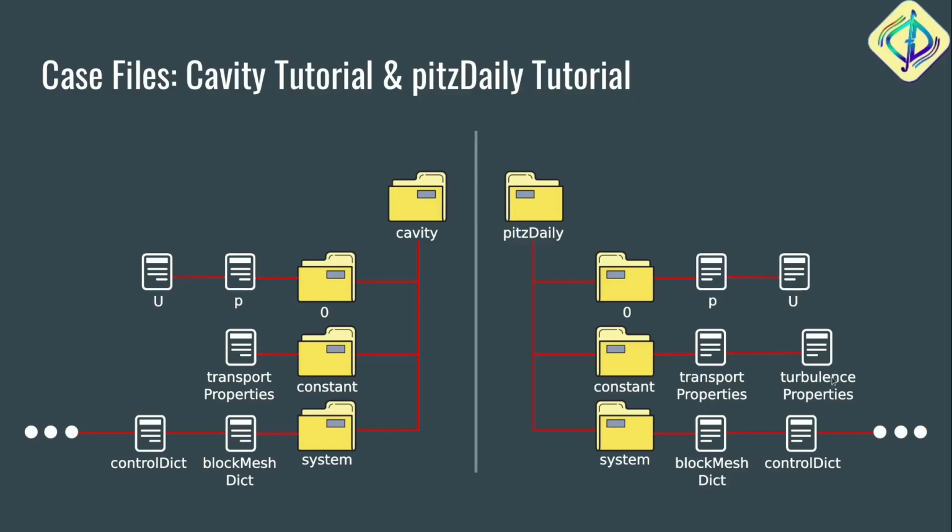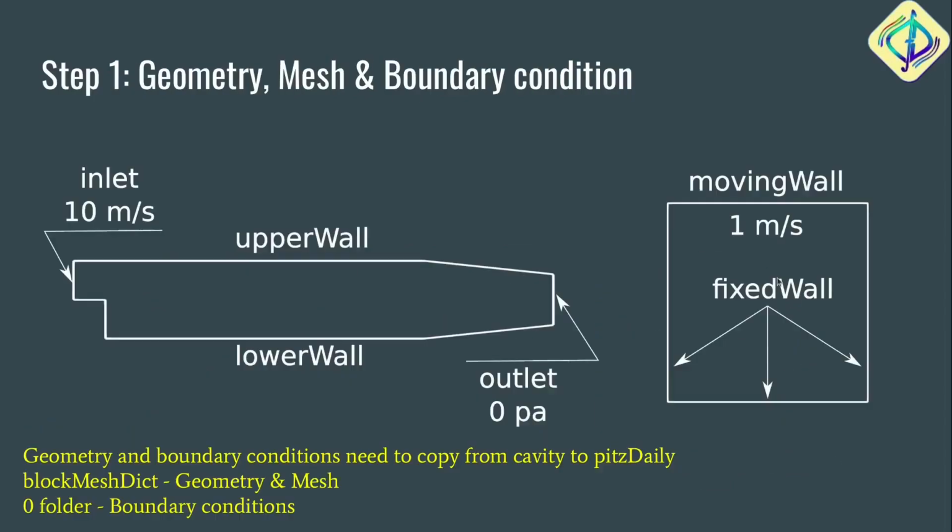So we will specify that while we will be modifying the files, all the files. So now, first thing, if you remember from the spoken tutorial, first we decide the geometry, then we mesh it, then we go for the boundary conditions. Now in our Pitts-Daly case, all the geometry is different, all boundaries are different and conditions are also different.